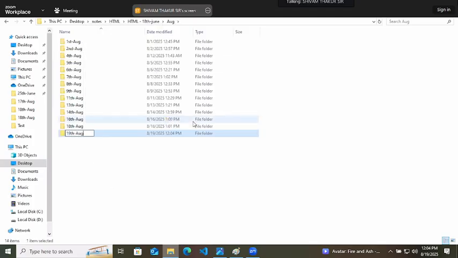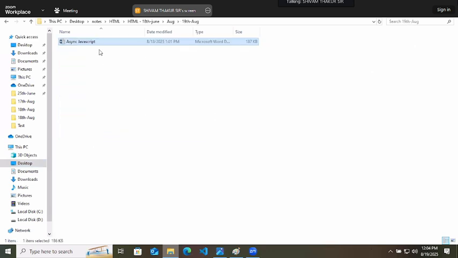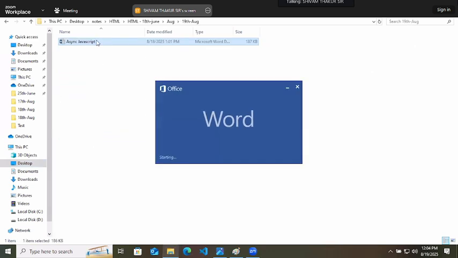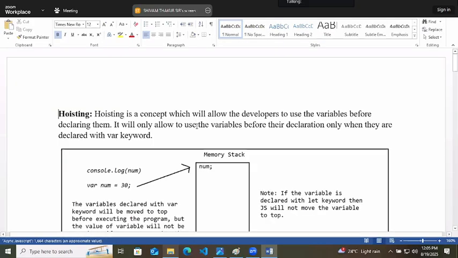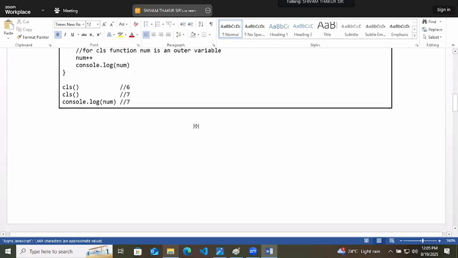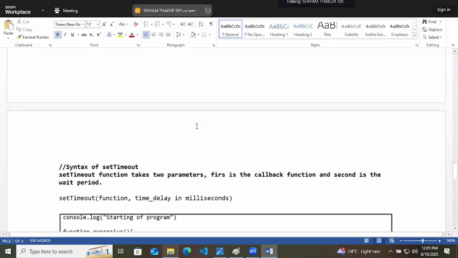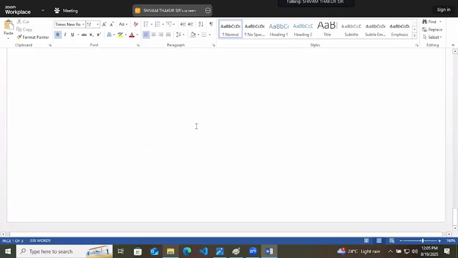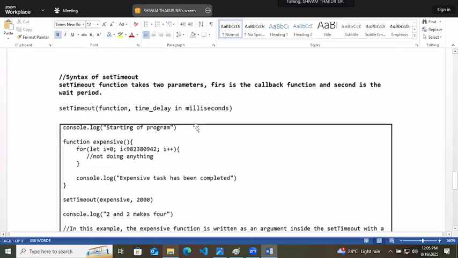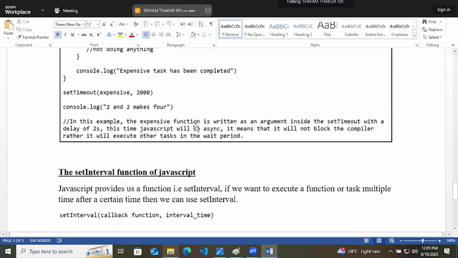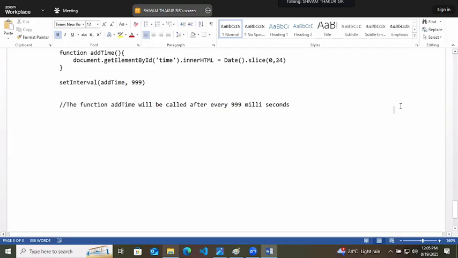Now this clock is built by using asynchronous JavaScript, by the way, right? And which function is used here? Set interval. Next is set timeout. Before set interval, we have seen the set timeout.